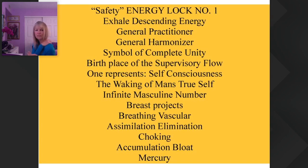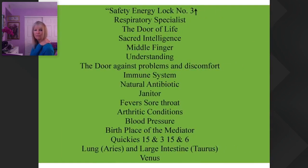And then the next slide shows safety energy lock 3. And 3 is our birthplace of the mediator. Allie, could you click to the next slide, please? And 3 is our respiratory specialist. It's the one that helps open up the breath. This is the birthplace of the mediator. So you've got this amazing connection here when you're holding the 1 and the 3. And then the next slide,